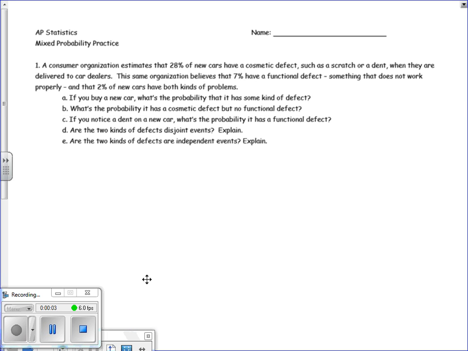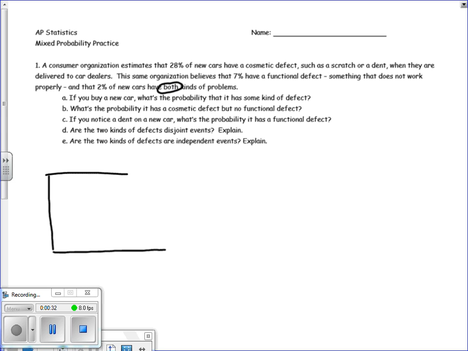Okay, so let's take a look at the review sheet, just in case you want that little bit extra help. So here we go. A consumer organization estimates that 28% of these cars have some kind of cosmetic defect, 7% have a functional defect, so whether it's a scratch or something that's actually wrong that doesn't cause a car to work properly. And then 2% have both. There's a keyword, both. That leads me to believe maybe